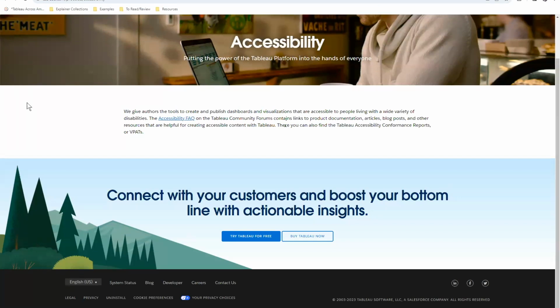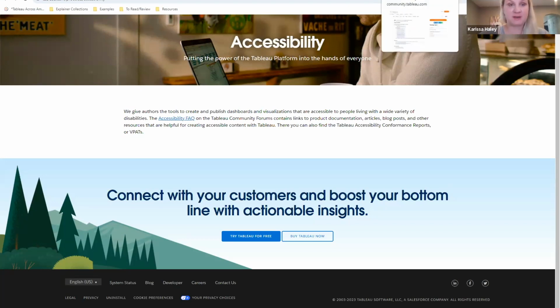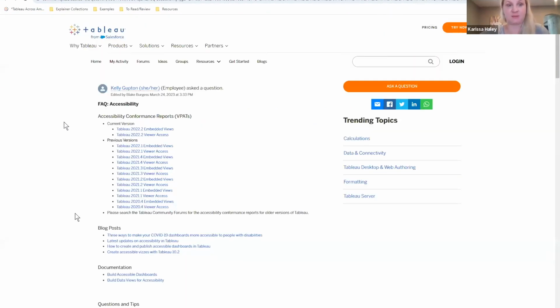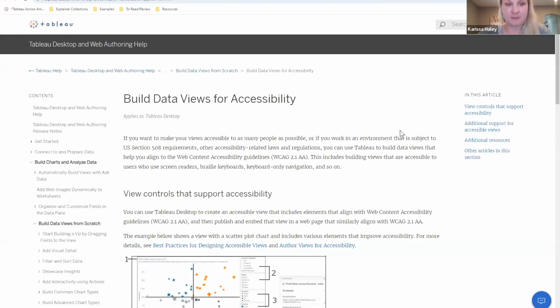So with that, I'm going to pass it back to Carissa for us to wrap up. Thanks, Kevin. I just put a couple of links into the chat here that go into a lot more detail on how to build your dashboards to be more accessible. And it looks like Kevin's got that pulled up here. So yeah, this walks through how to do all of that. And those are in the chat. So if you need those, go ahead and bookmark those.